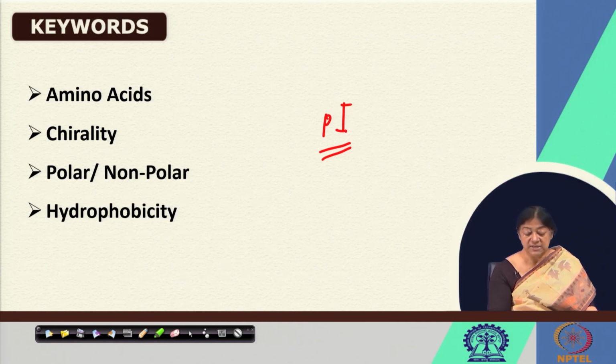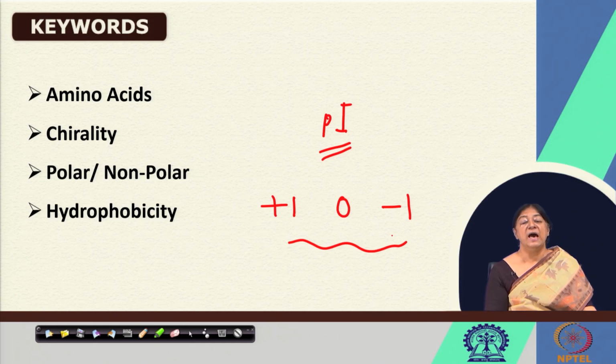It will tell us, taking us from a charge of +1 to 0 to -1, telling us that this is important. And when we looked at histidine, we found out the importance of histidine in terms of its environment as to how easily it is going to lose the proton that is associated with the imidazole group of the side chain,